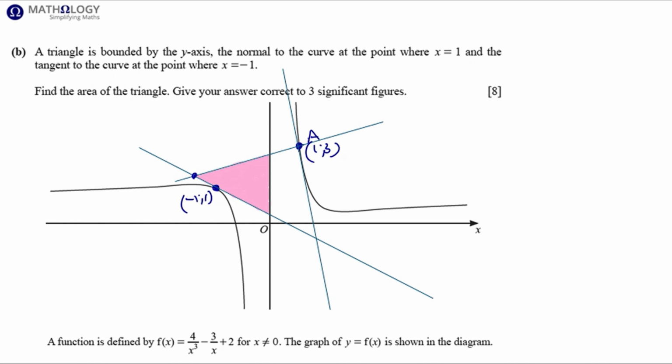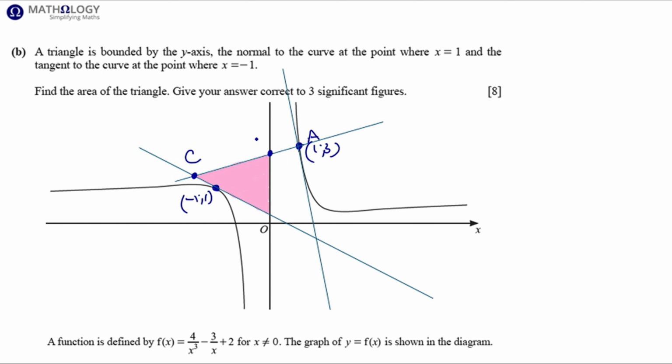So the point of intersection of the normal and the tangent we'll call point C. So the first thing we need to do is find the coordinates of C. Now to find the coordinates of C, we'll need to find the defining equation of the tangent and that of the normal, equate the two to find the coordinates of C. Once we have the coordinates of C, we'll obviously have the defining equation of the normal, which means we can find